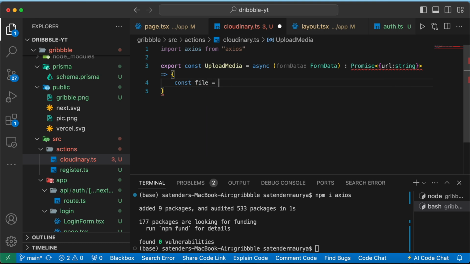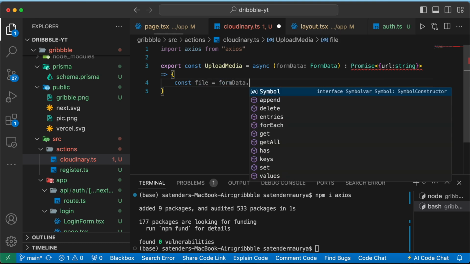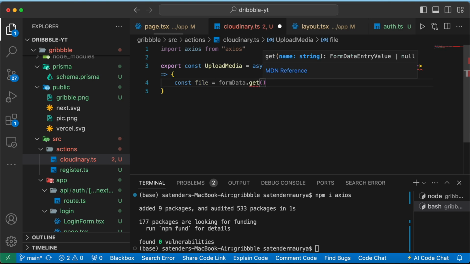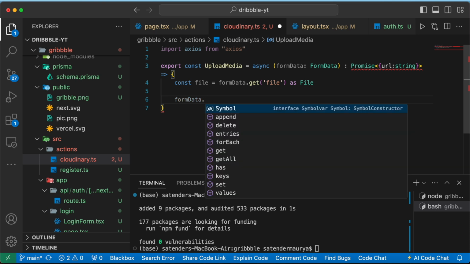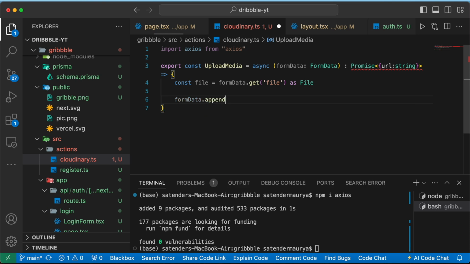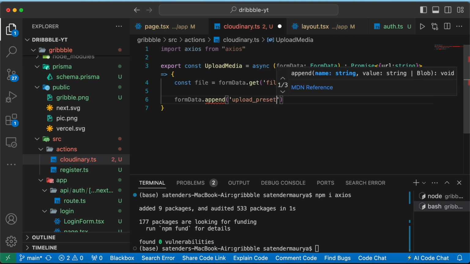Now inside this function we are going to get the file from our form data. So file is equals to formData.get, and then we are going to get the file here as File, and after that we are going to append the upload preset in our form data. So upload preset, we are going to get this from Cloudinary. Okay, so we are going to append this here, upload preset,